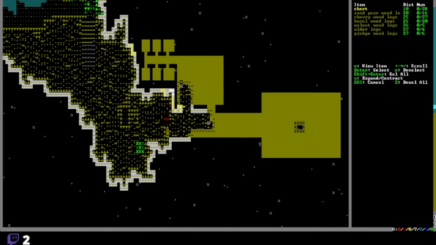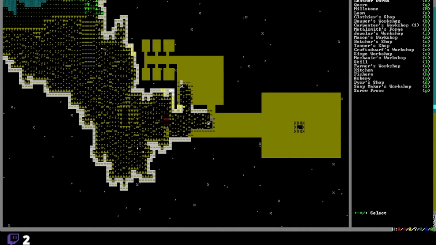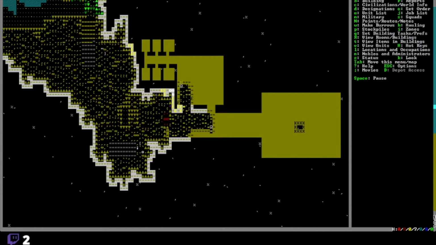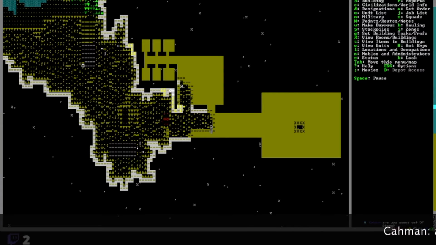And I'll make that with chert as well. And then we'll get a stockpile of... Well, this is just going to be a plain stockpile of stone. Trust me, that's going to be one hell of a mess if I do that in the future. We'll do that, and they're going...